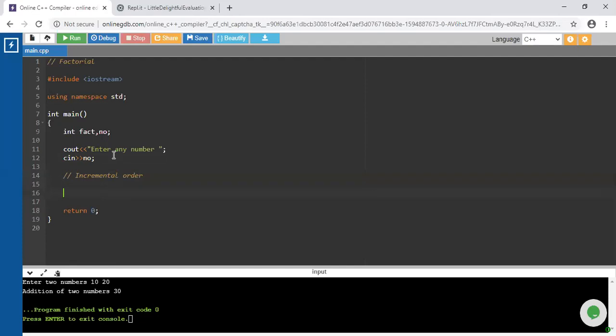So here, in this case, integer. What is the syntax of the for loop? Can anyone tell? For loop is basically divided into how many parts?